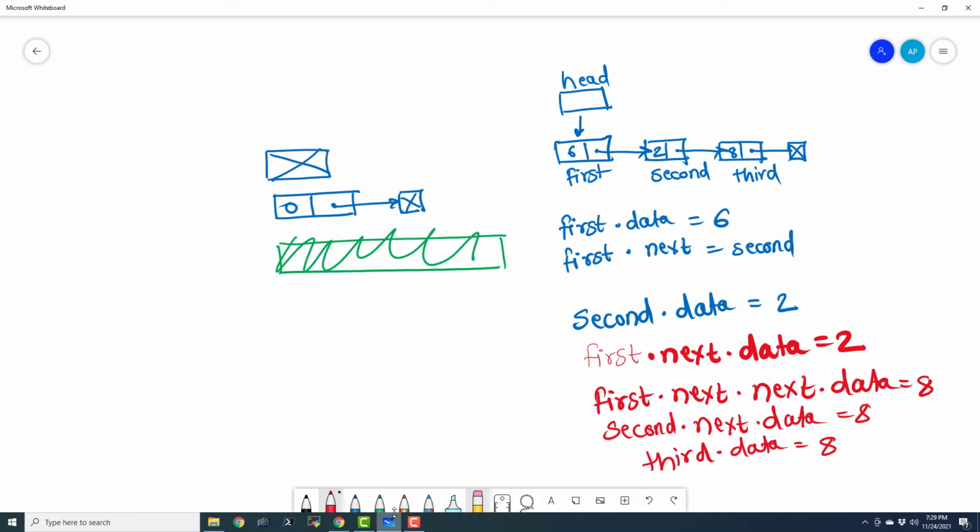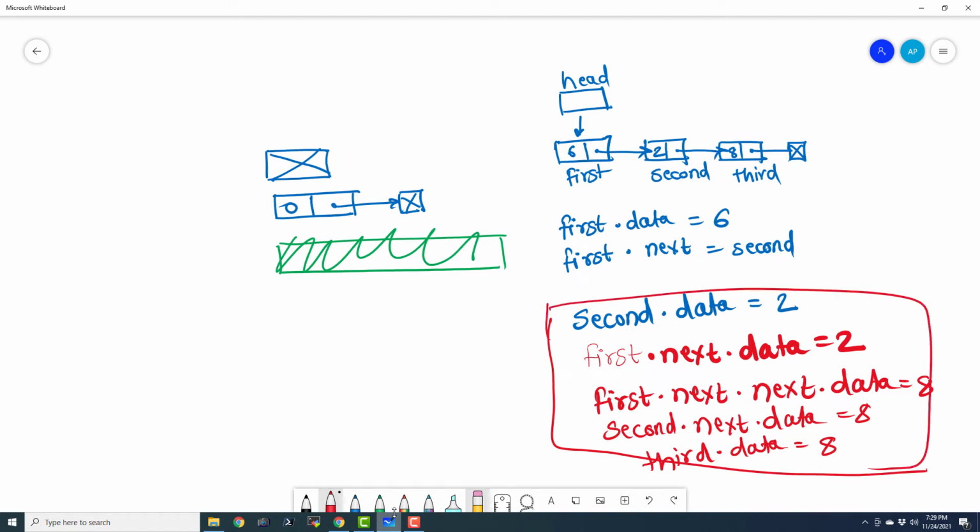So these are all mathematically valid things. And these all mean the same thing. These last three lines, all of them, they mean the same thing.